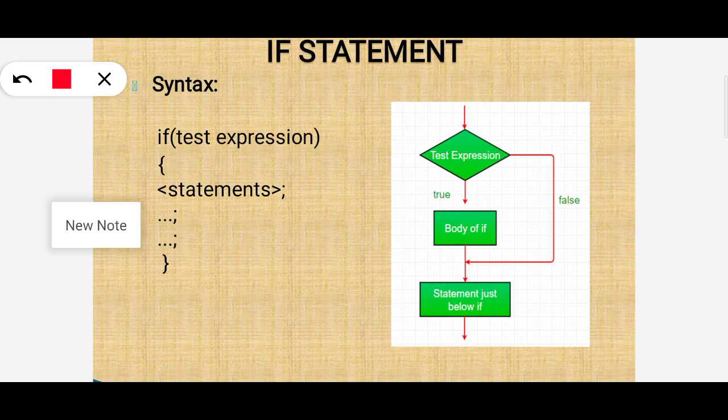here the test expression, here the condition is true, the body is executed.